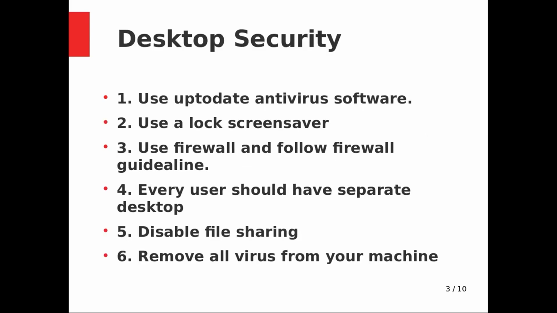so desktop security in the sense, what are the things which are required for desktop security? First one is that an up-to-date antivirus is there. When will the antivirus be up to date? When you regularly update the antivirus when you are connected to the internet. That means whenever you are using a laptop or PC, you should be getting connected to the internet. Your antivirus should have a facility for auto update, so when you get connected to the internet, it will be auto updated.